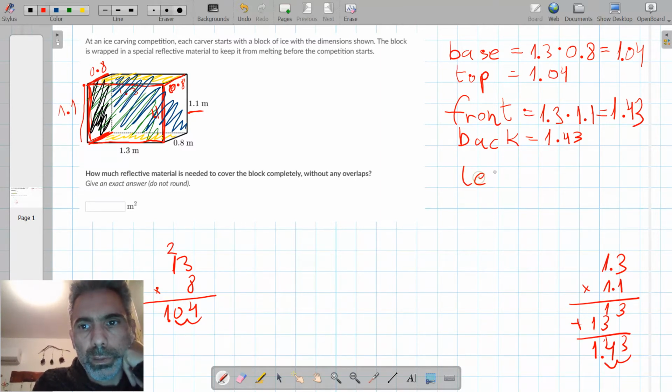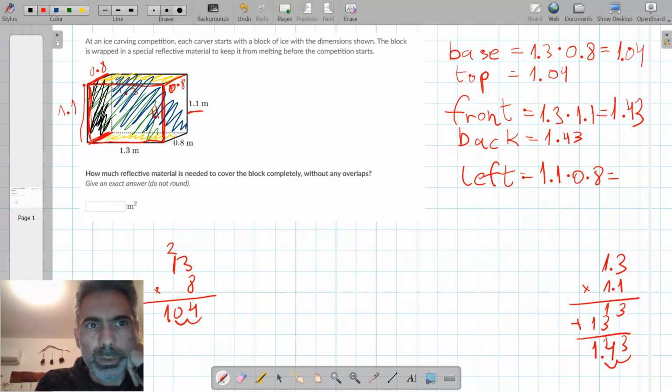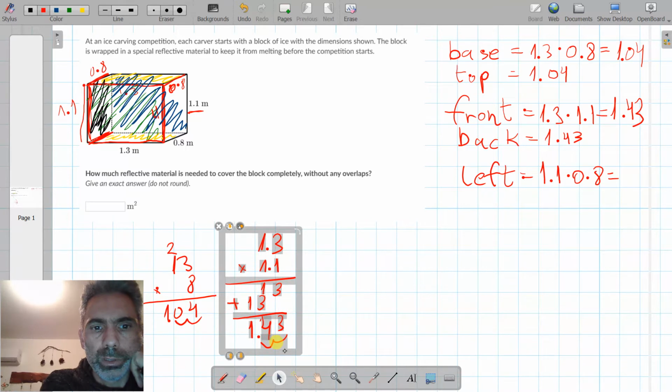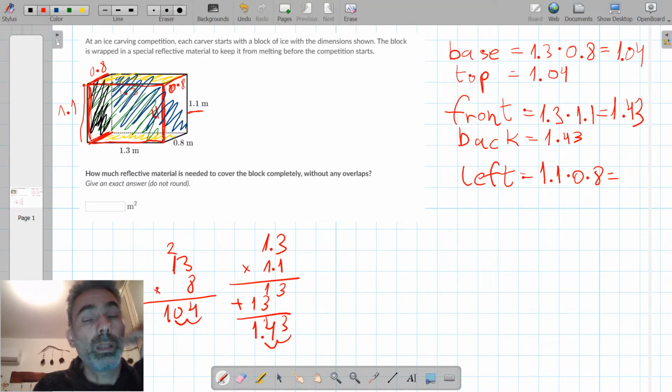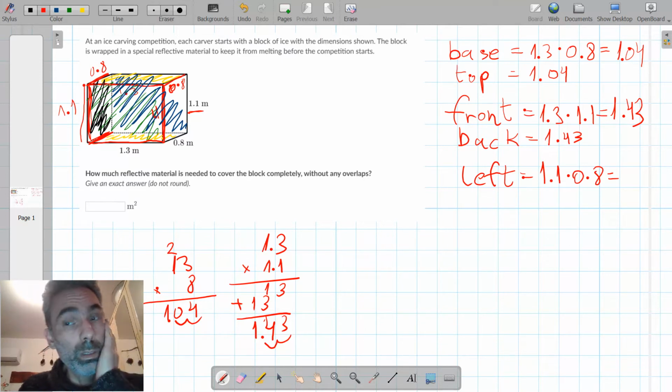So the left face has an area of 1.1 times 0.8, which is, I'm keeping all the calculations, so if I make a mistake, I can then review my answer and see where I made a mistake. So I'm just keeping it for further reference. Okay, so 1.1 times 0.8,